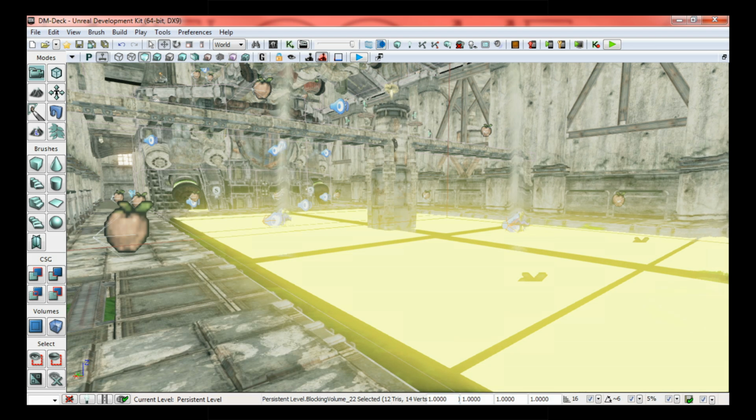Okay. One thing I actually forgot to mention was all the tools that you have available in terms of how do you move brushes around, how do you rotate them and stuff like that. So as you're developing levels,